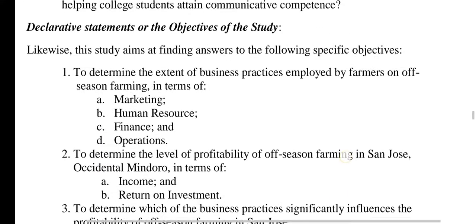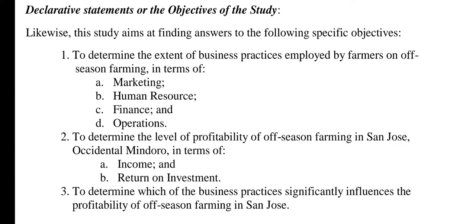Okay, so here are examples of the indicators. So in writing your statement of the problem, indicators are very important. You have your independent variable or the main variables, you have your dependent variables. However, the indicators or the specific elements that you are going to study in that variable is also very important, because this will be very important in identifying what analytical tool or statistical tool we are going to use in this study. Okay,